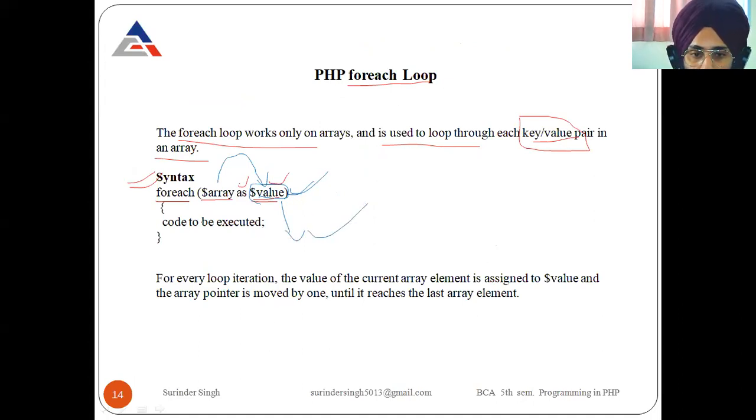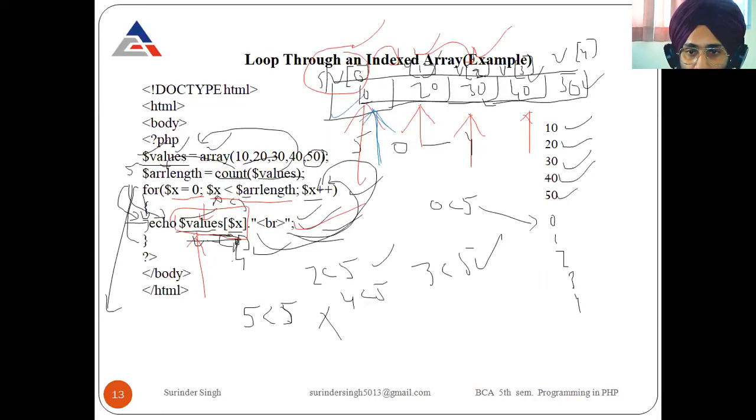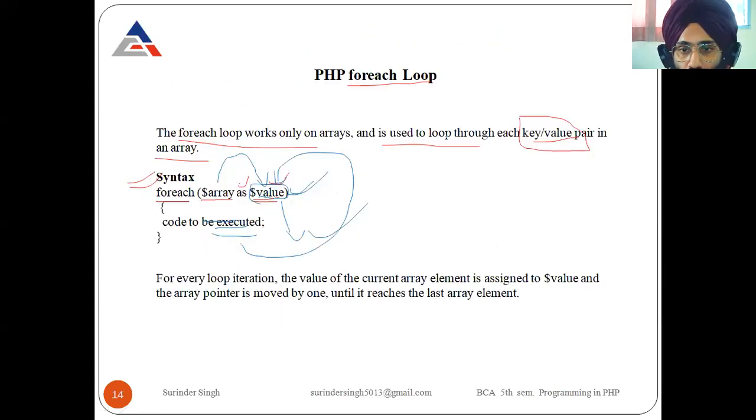Clear? Like this. And after executing the loop, when control moves to the loop, control will automatically move to the next element. Clear? Now control is at the second element, and now it assigns the value of the second element to this value variable. Clear?